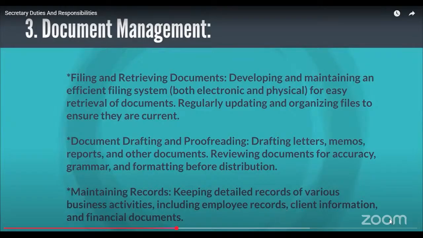So the meetings which the top leader of the company, maybe the CEO, COO, CPO or GM, holds, they ask the relevant departments to keep them informed about what is going on in their respective department from the employee perspective. Likewise, client information: which clients we have, what kind of contract we have with the client, the legalities, whether the contract is signed, the agreement is done or not. And the financial documents include the budgets.